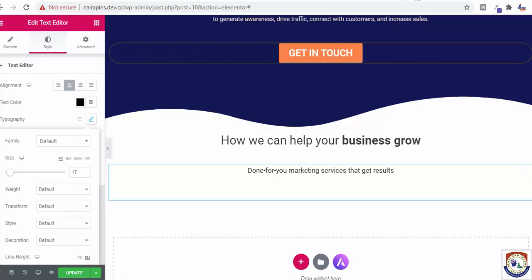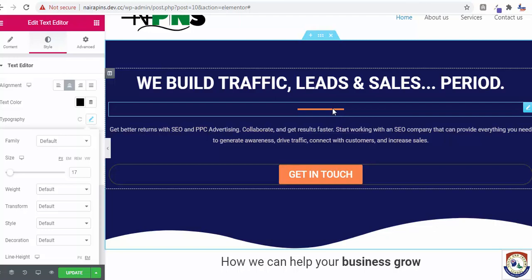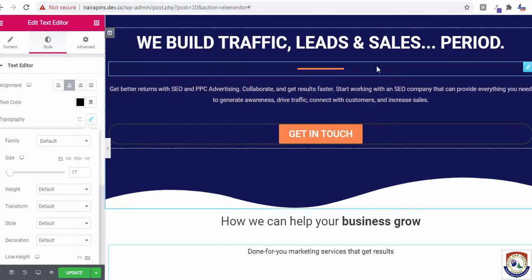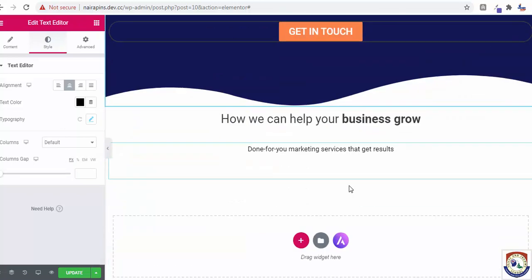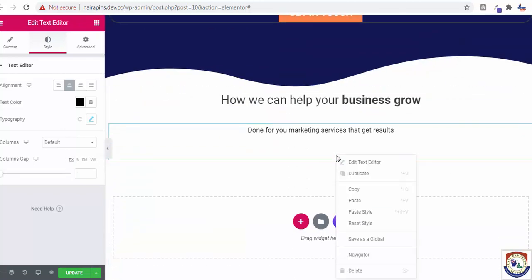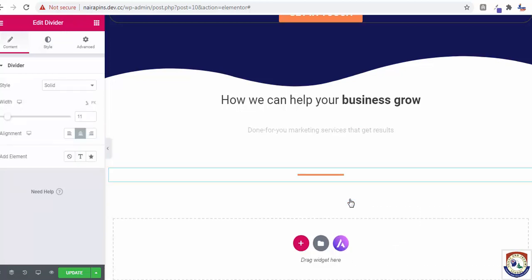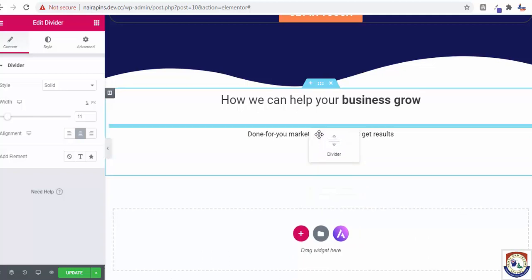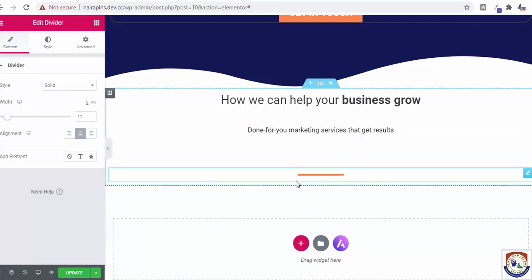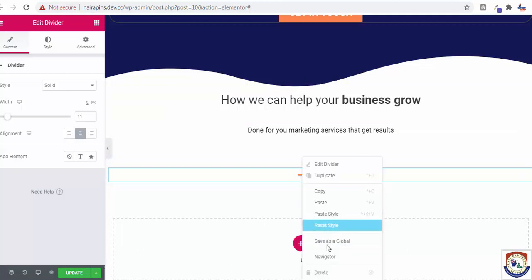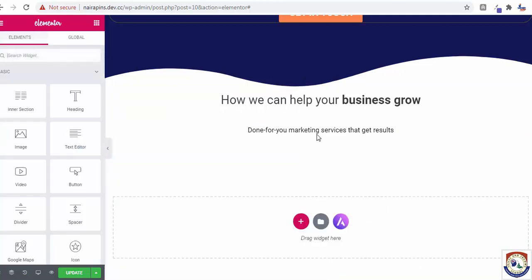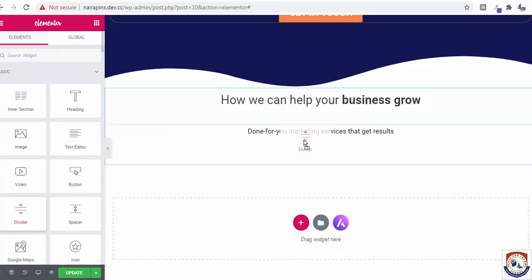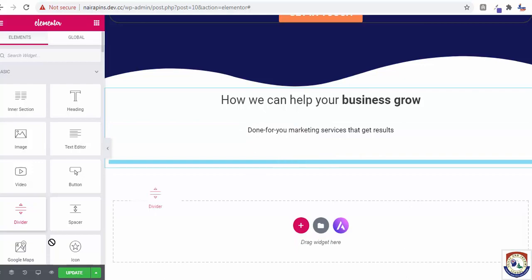And the next one is this divider. Also if you need this kind of divider, you don't need to redo. You can just copy this and come here and paste. So come here. Now let me do this. Let me just delete this. Now I'm going to put in a new divider here. So let me just do it for you guys.